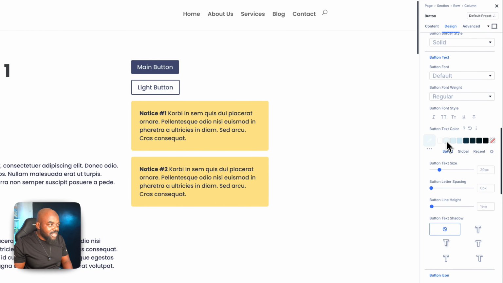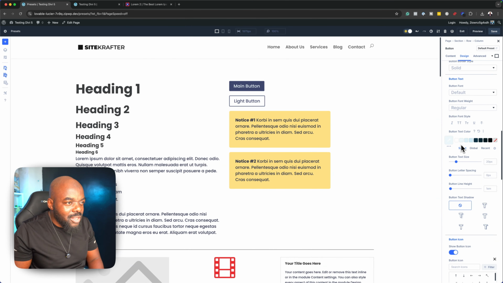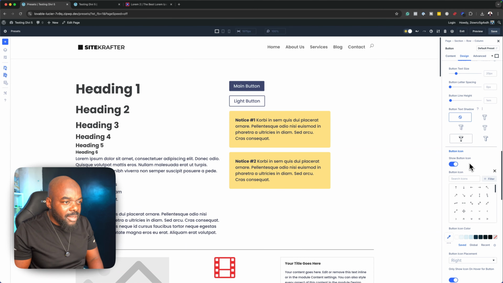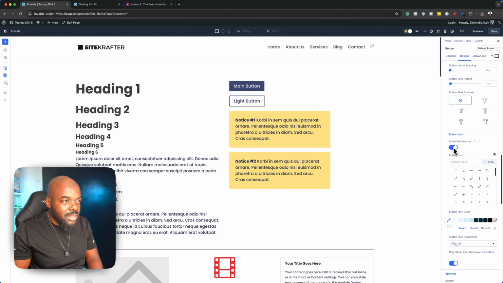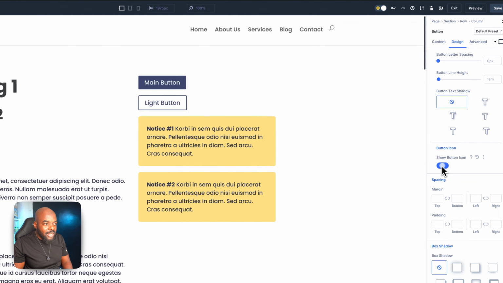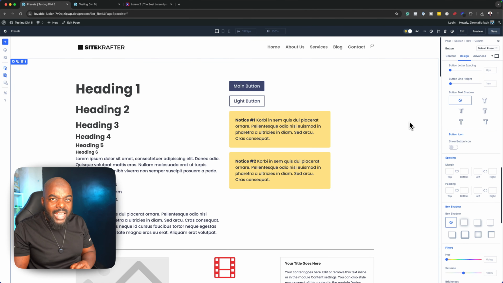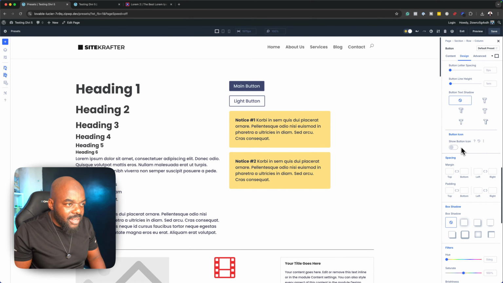But if you want, you can just add this slight off color, just for that little hint of not using white. But that's fine. Let's leave it at that. Now let's continue on, because there's another setting here which is important. On the show button icon, I am going to remove that because I don't like showing my icons. I'd rather have a very slight zoom when I hover over my buttons. All right, so now that I have disabled that,